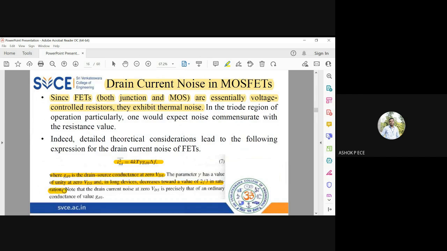So you can relate now how the drain current noise in MOSFET takes the same form as the thermal noise current equation for a resistance. MOSFET is a voltage controlled resistance, so whatever thermal noise formula is applicable for resistors, you can use the same for MOSFETs also. So that is one proof saying this equation is relevant to whatever general equation we have seen for thermal noise in